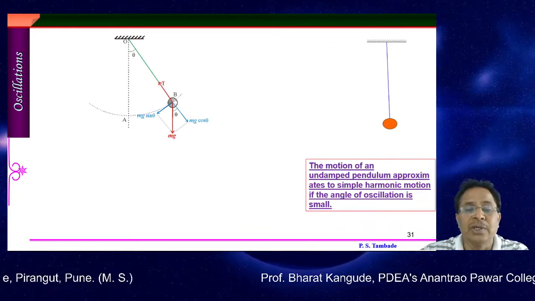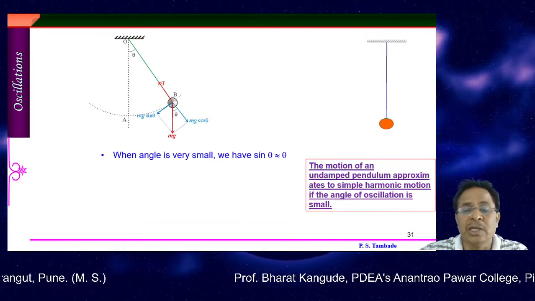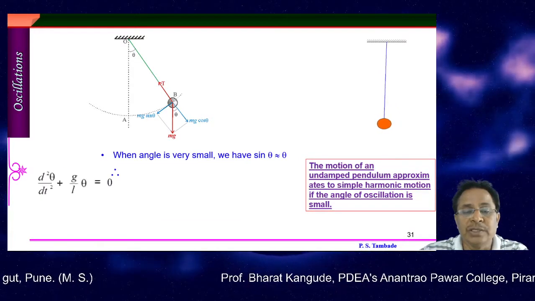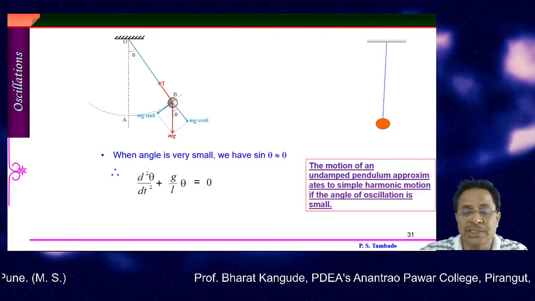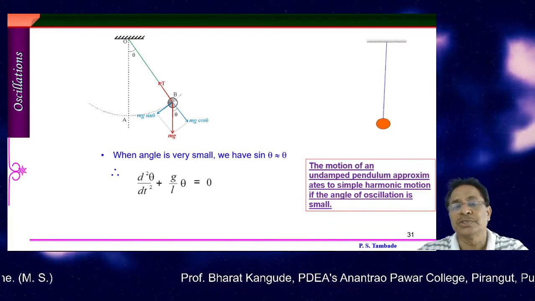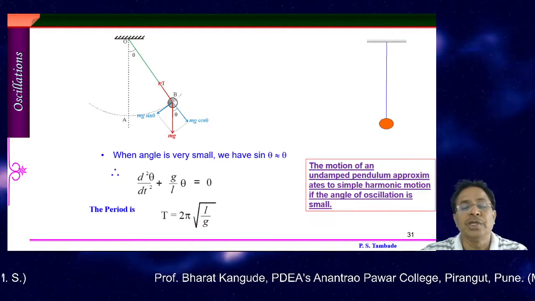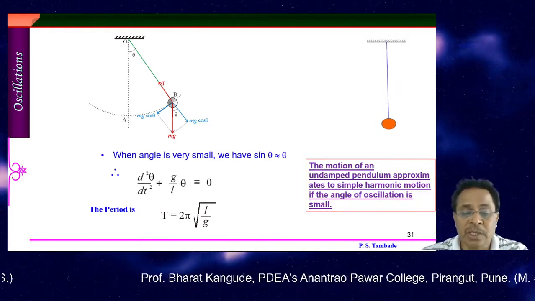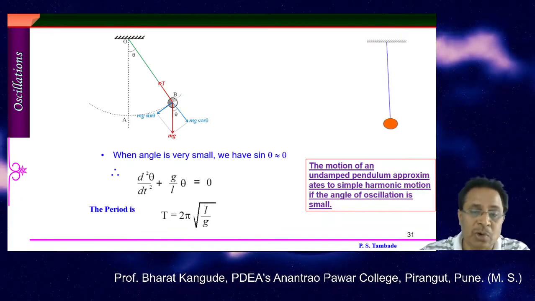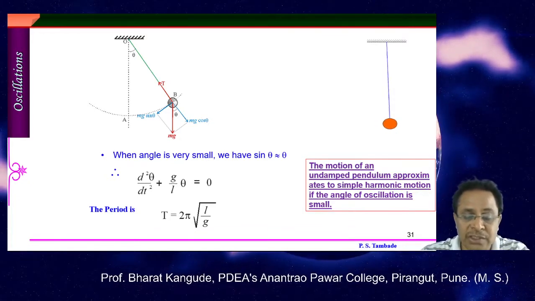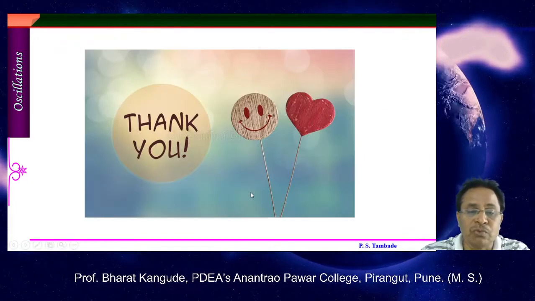If I go for solving this equation, when the angle is very small, sine theta is equal to theta, and this equation gets converted into the similar equation we have seen earlier, d square theta upon dt square plus g upon L into theta is equal to 0. The animation shows such a simple pendulum. Solving this, we get the period of this pendulum T equal to 2 pi root L upon g. Just by measuring the time period of such oscillators, if the length is known, we can find out the Earth's gravitational constant. And such experiments we are supposed to follow in our experiment.